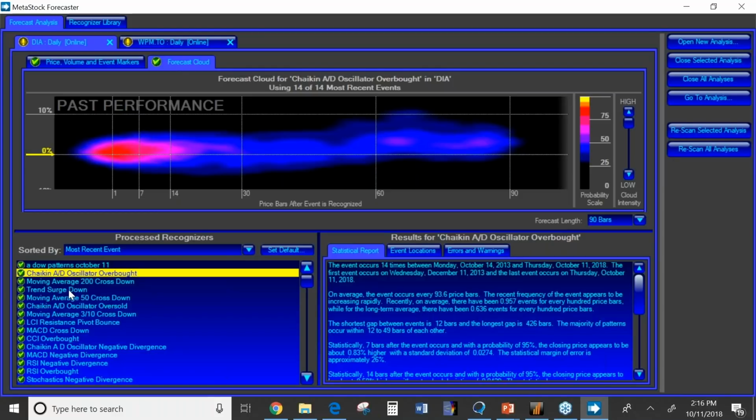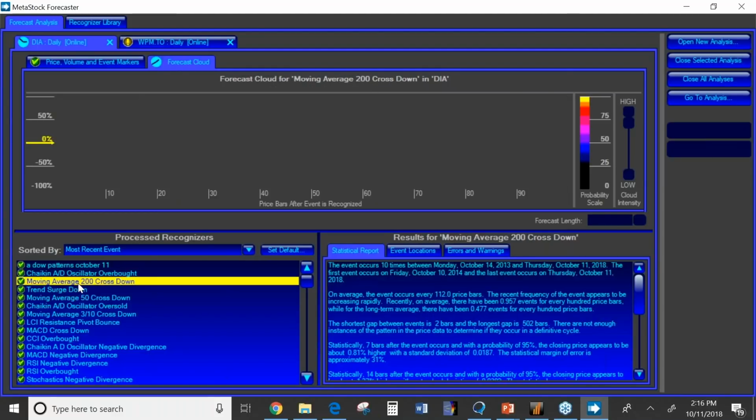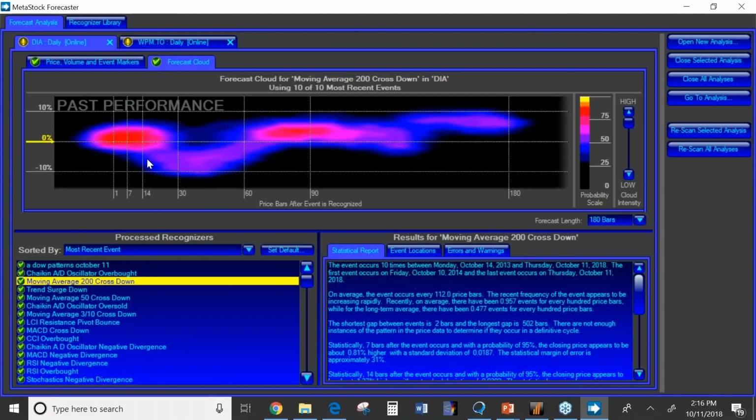You did have the moving average 200 cross down yesterday. Let's see what that looks like. You kind of have a little bit. So here's the bottom line. What I'm seeing here is not a lot of